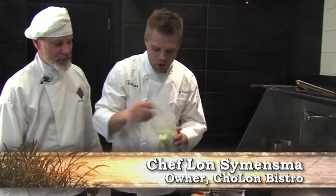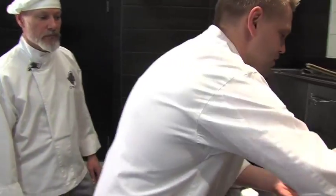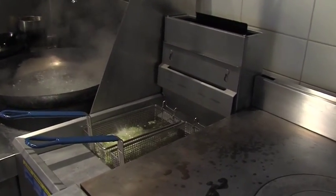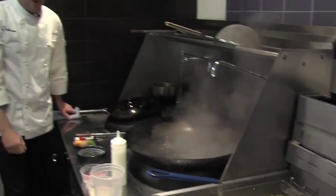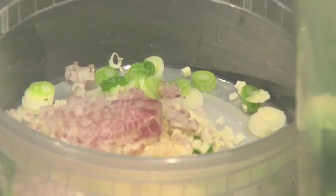Great, Chef. So we're going to be making a stir-fried Brussels sprout dish today. Obviously we're going to be starting off with some local, in-season Brussels sprouts. I'm going to just quickly place these into the fryer basket and give them a quick deep fry until they're nice and golden brown. So while those are cooking, the other ingredients that we're going to be stir-frying in the wok are shallots,